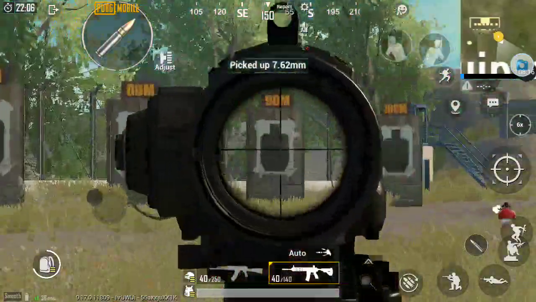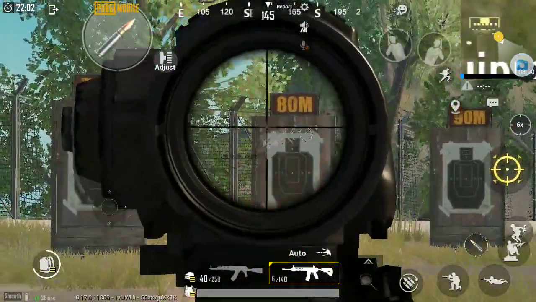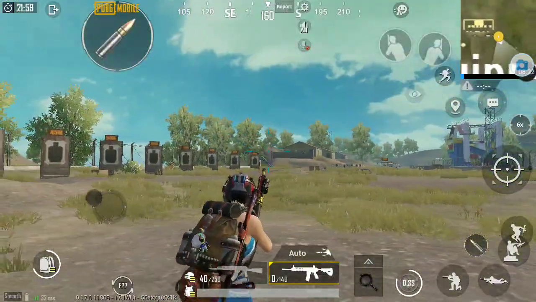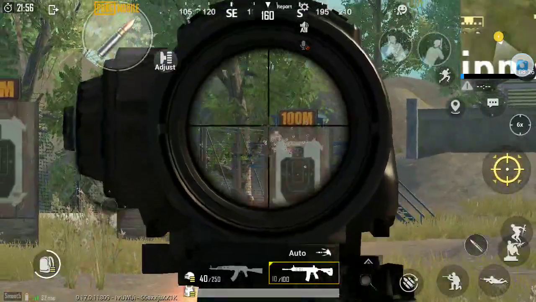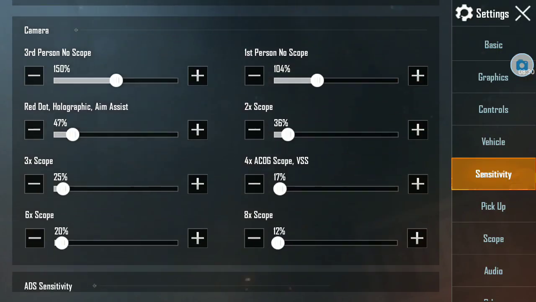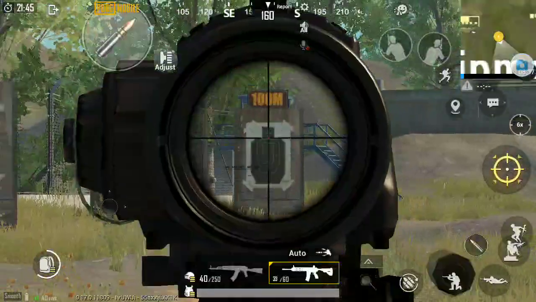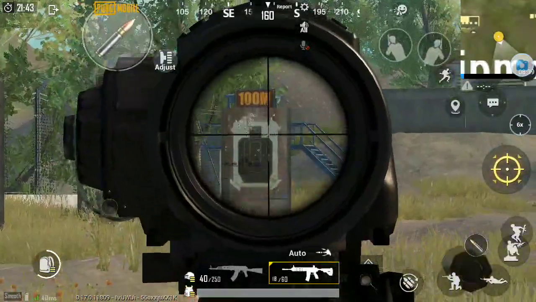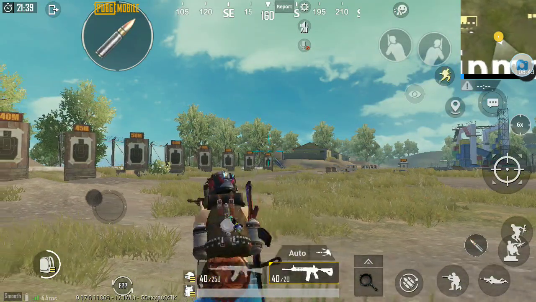Okay, so now I'll shoot here. Still my sensitivity is not correct because it is still going up, so I say 30. See, now I can shoot correctly.